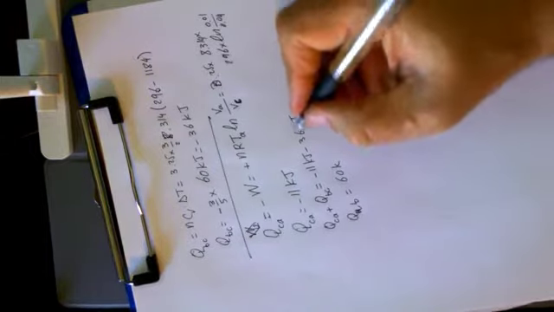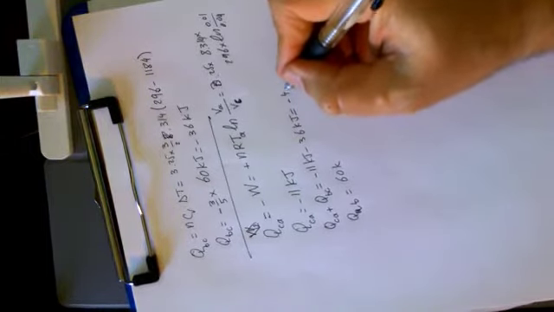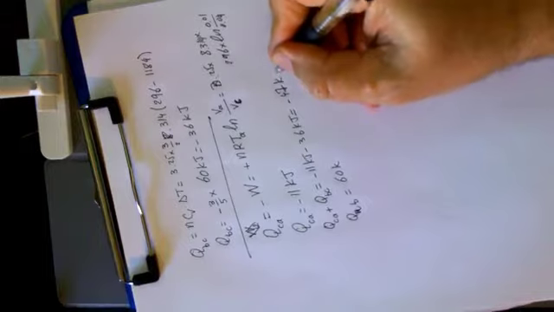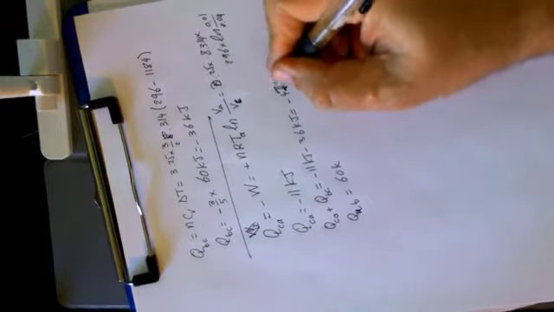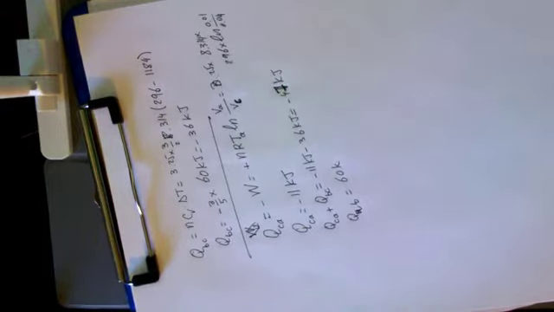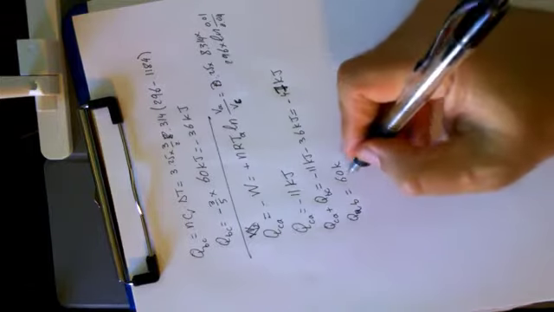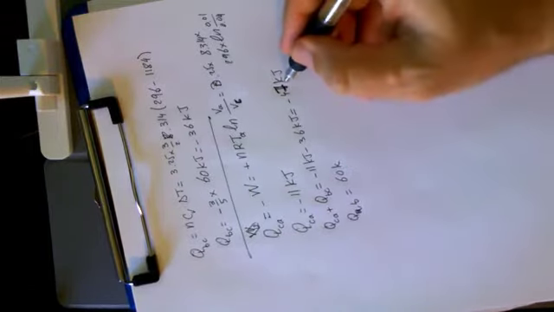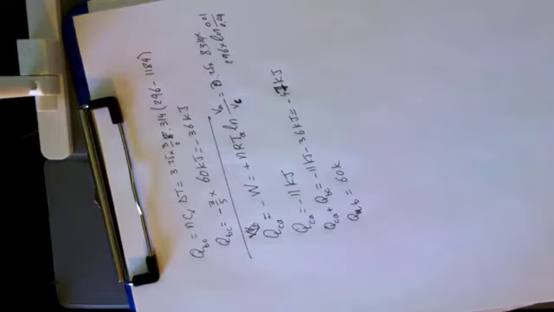This one actually is equal to negative 47,000 kilojoules. In other words, there is a net heat that we're extracting from the hot source. We took 60,000 kilojoules and we dumped